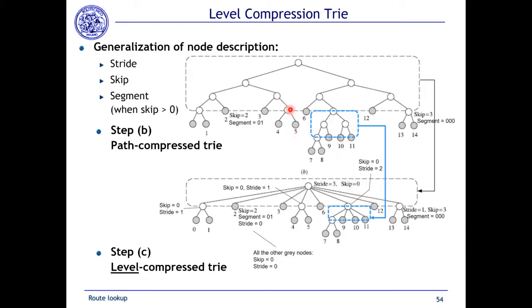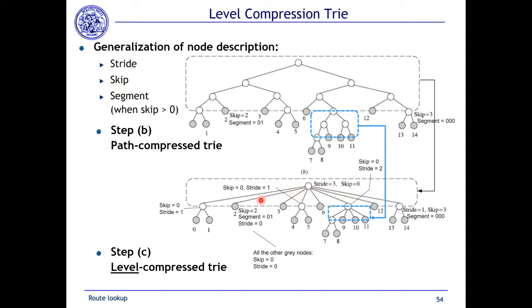So, since this subtree is completely of white nodes, we can transform it into a multi-bit node. Okay. And in this case, we have 3 levels, so we can transform it into a node with stride equal to 3 and skip equal to 0 because we are not doing any compression. Okay. So this will be mapped into an array, of course, of 8 positions, since we have 2 to the stride positions. And this is the first node